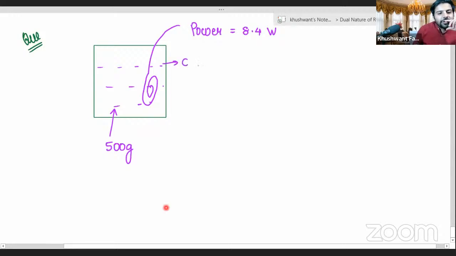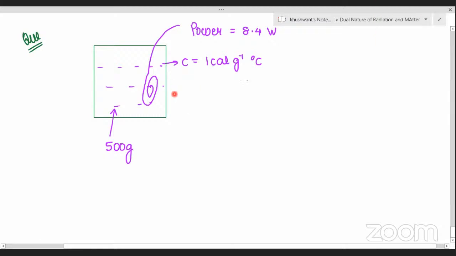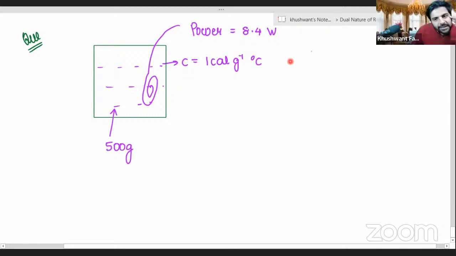Let's take this with Ronit. Ronit, tell me, what is the specific heat capacity of water? 1 calorie per gram per degree Celsius, right? Yes Ronit. Then the question says, what is the time required for the temperature